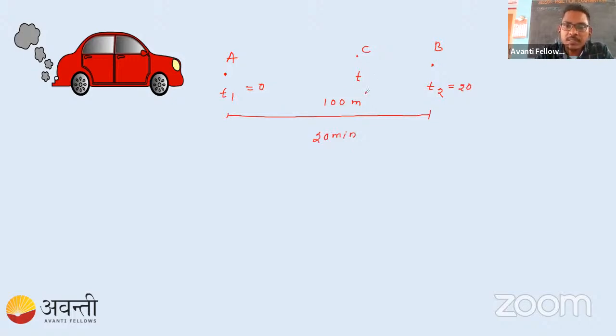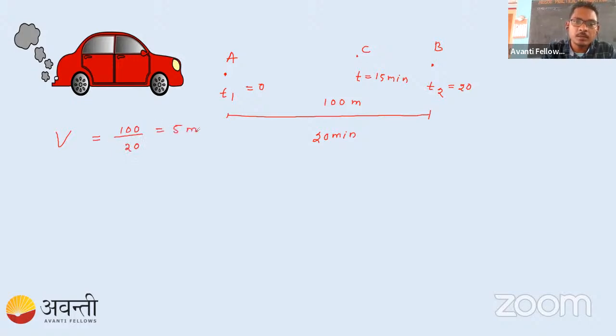Suppose here we have t equal to 15 minutes, for example. So if they ask you what is the speed of this car while it is moving from A to B overall, in that case we can find out the speed. Let's denote it by V. V is equal to total distance. Total distance is 100, A to B, divided by time, which is 20. That is equal to 5